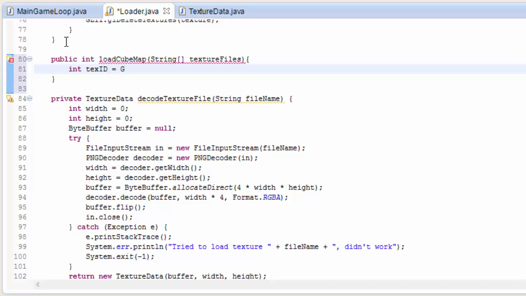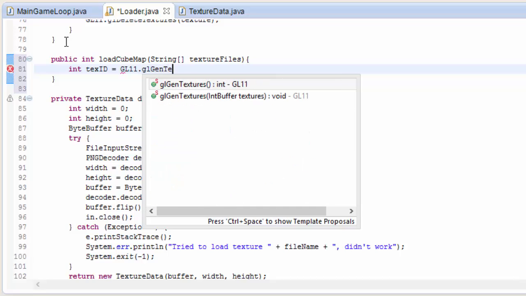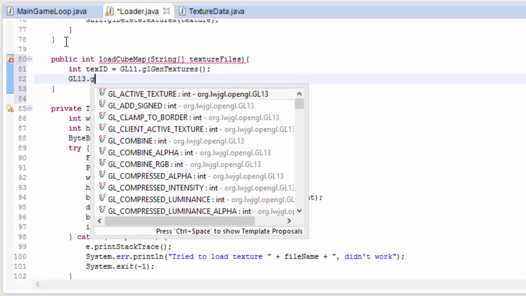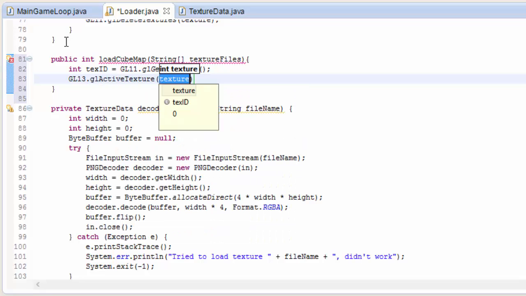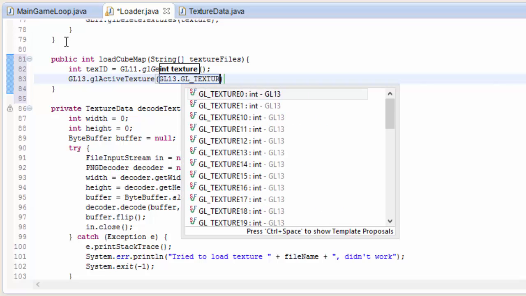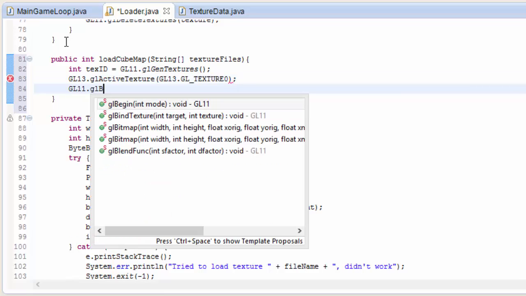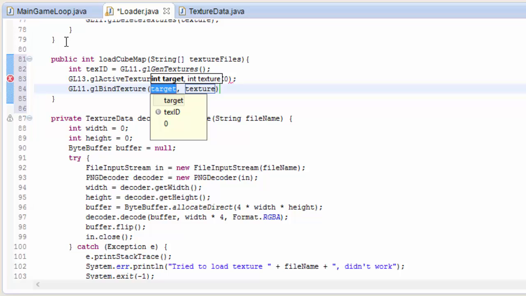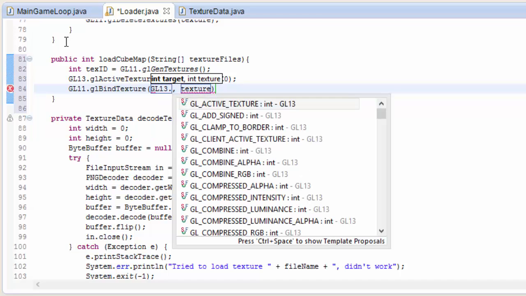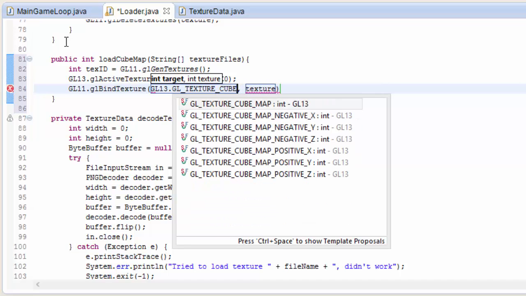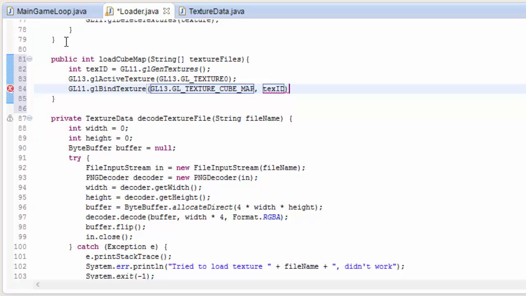So in the method, the first thing we're going to do is generate a completely empty texture by calling glGenTextures, and that returns the ID of that empty texture so that we can now use it. The first thing we're going to do is bind that texture so that we can store data in it. So we've activated texture unit 0, and now we're going to bind the texture to that texture unit by calling glBindTexture. Usually when we call this, we put in GL_TEXTURE_2D, but this time as the first parameter we're putting in GL_TEXTURE_CUBE_MAP